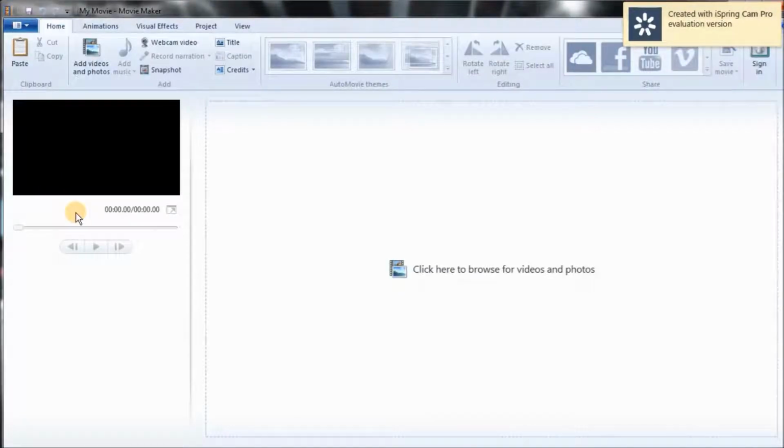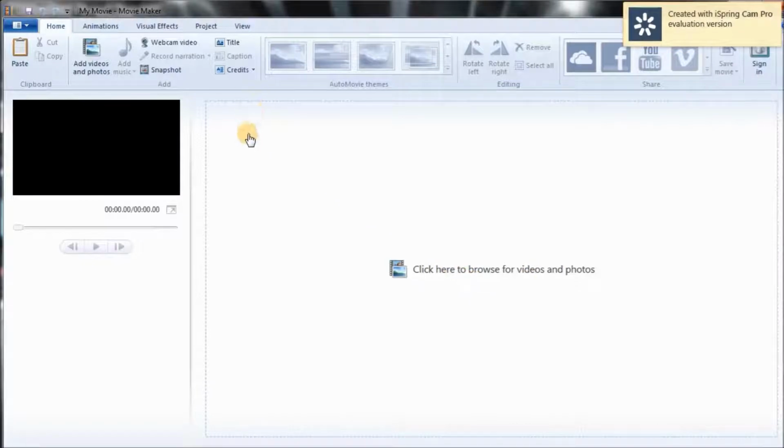When the software is open, you come to this interface. I have to take you through the interface so that you understand the meaning of some of the icons here. Here is where you can click to upload your video.